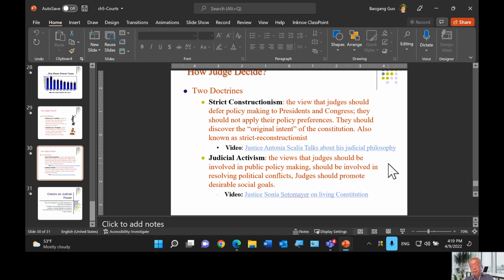It should be the responsibility of the president and Congress, because the judge is just not in a position to make new education policies.